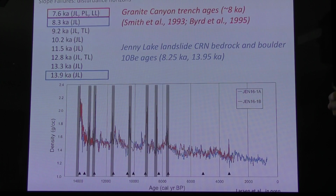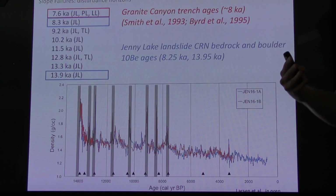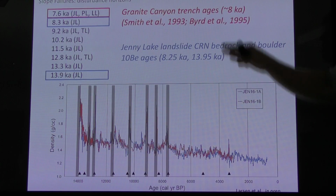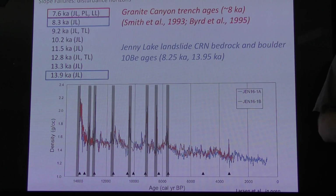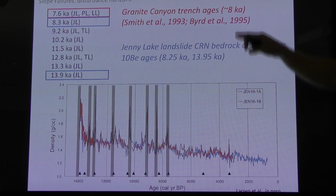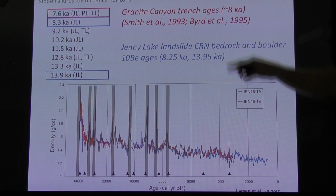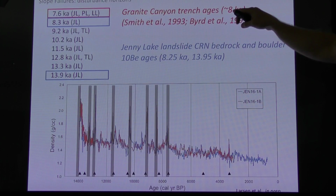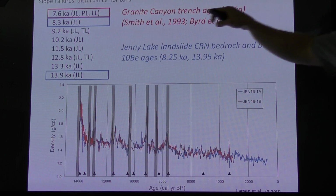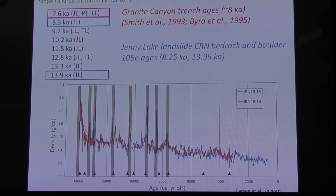And one way we can do that is to generate a record from multiple lakes along the fault and demonstrate that the timing of these events all line up, but also being able to correlate them to other features which are associated with past surface ruptures. Importantly, the most recent event that is documented in that Granite Creek Trench, which they date to around 7.9 or 8,000 years ago, which we see as being similar to the age of the most recent large event